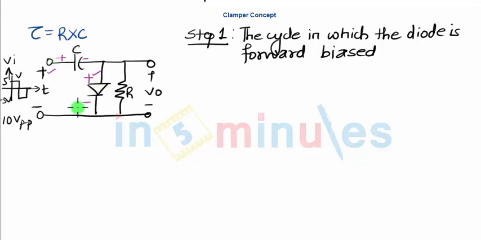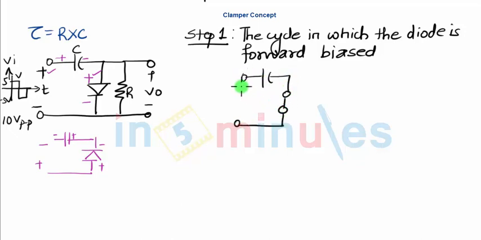Suppose the position of the diode is inverted, the diode is connected in this format and you have a capacitor connected to this. In this case, the diode gets forward biased in the negative half cycle, hence the polarity of the charging of the capacitor changes. Now in the positive half cycle, the capacitor will charge and the circuit will look like this: a capacitor, the diode will be shorted, and the input plus minus, and you have plus 5 volts as input voltage with respect to T, and assuming the charge on the capacitor as Vc.